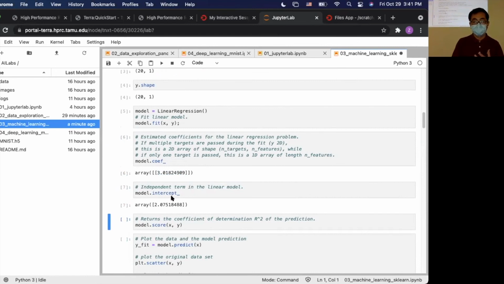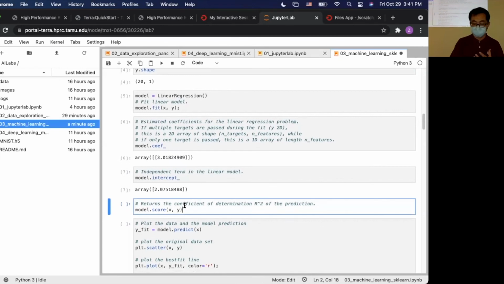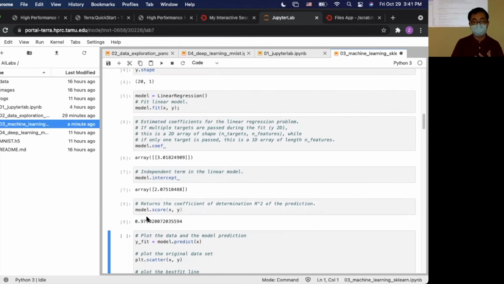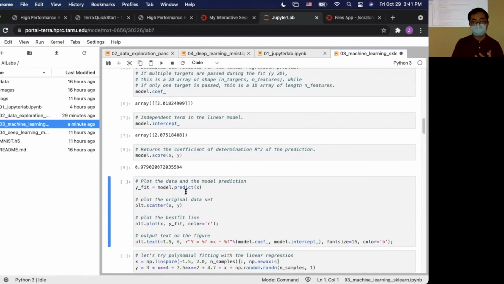Let's see a score of how good it is. It's about 98%. That's good. And the model has been trained, so it can be used to make predictions. You can pass some data into the model and ask it to tell you its prediction.